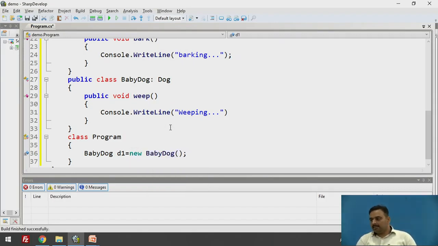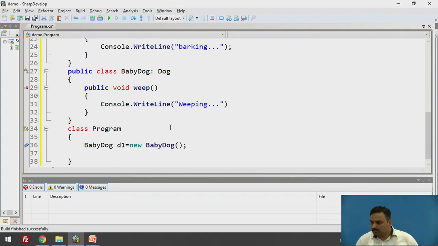As I told you, through the derived class we can access its own repository and also the repository of the parent class. So now we can access all those repositories of the intermediate class and of the base class through the derived class object. Let's have a look that we can access it.